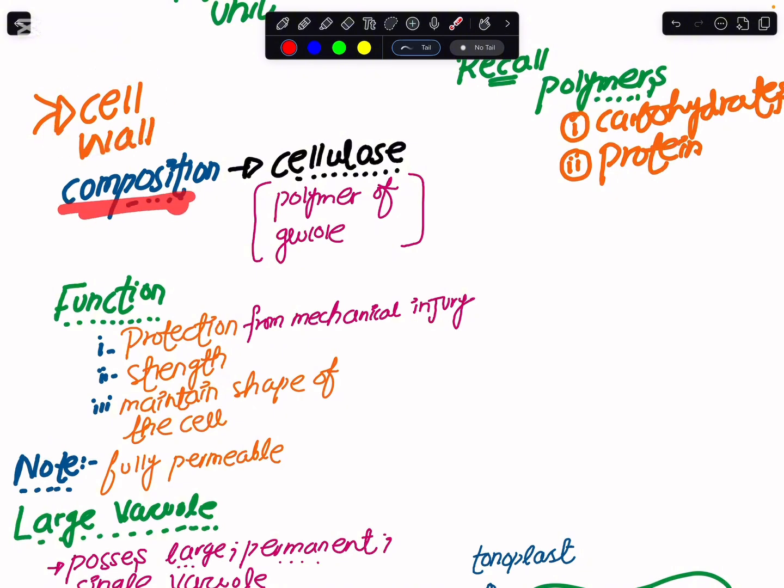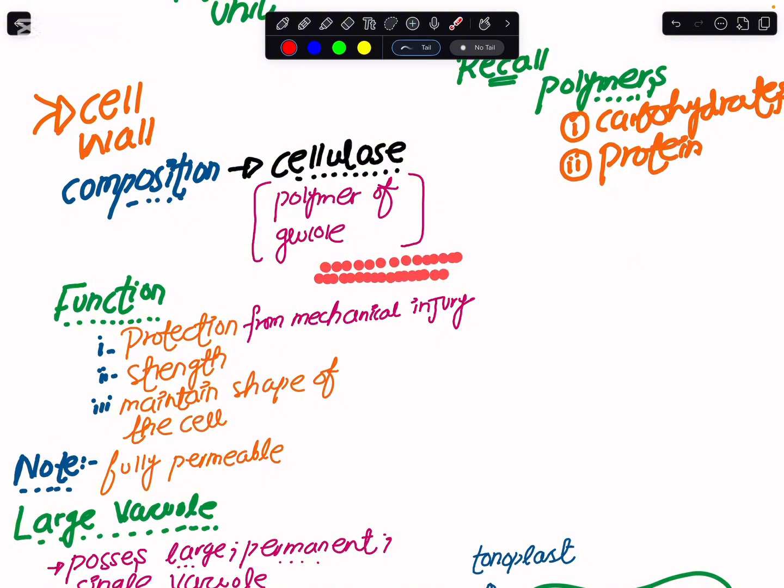So the cell wall is composed of cellulose. As I've said, you just have to remember that the complex sugars with us are starch, cellulose, and glycogen. So this cell wall is made up of a complex sugar, and that complex sugar is cellulose. And how do we make the cellulose? We will have glucose molecules, and